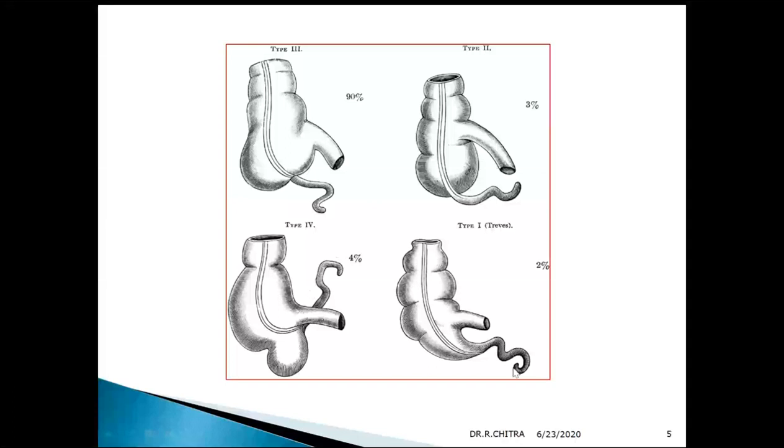So in this you can see this is the fetal type, 2%. It is conical and the appendix is from the tip. It is 2%. This is the infantile type, quadrangular, where both sacs are equal in size, so that the appendix is in the middle of the quadrangular, and it is 3% infantile type.